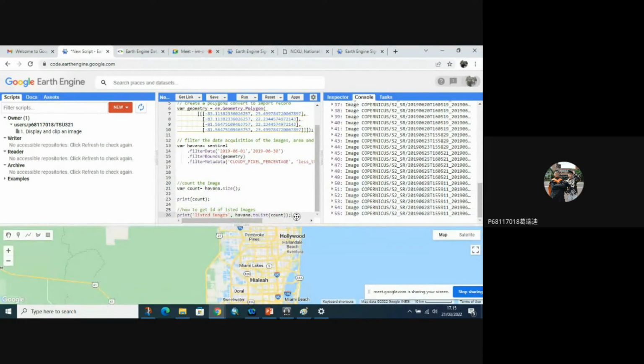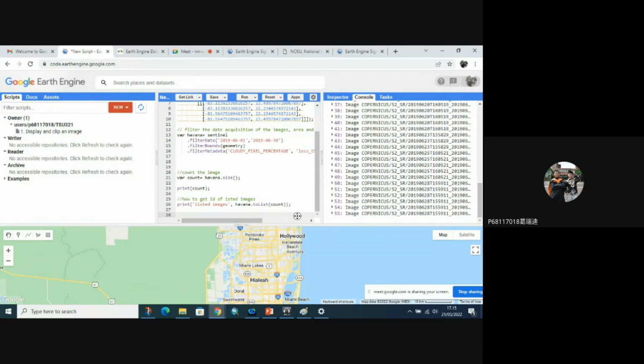And then where is Havana? There will be the big question here. Okay, we can use map center object, because we use the polygon as the center. Geometry. Yeah, is it geometry?